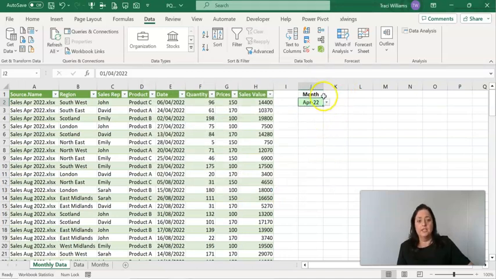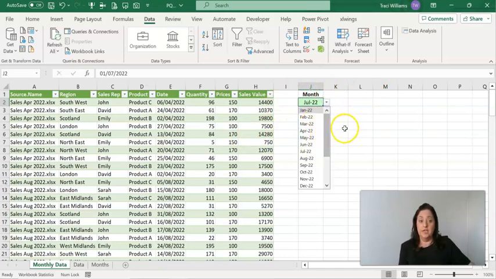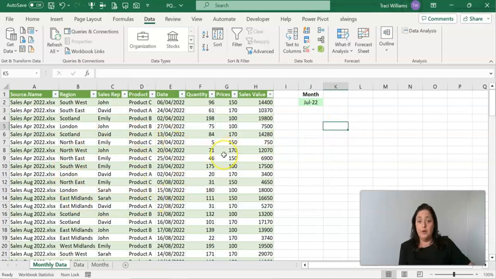Okay, so I can choose any month that I want. But you'll notice what's happening right now: when I change that, the data doesn't change, it's not impacted because it's not connected yet. But what I can do is link that cell so that on an ongoing basis, I can amend the month and year I want to view, and automatically the Power Query will filter down by that month. So to do this, we need to take the month and the selected month,